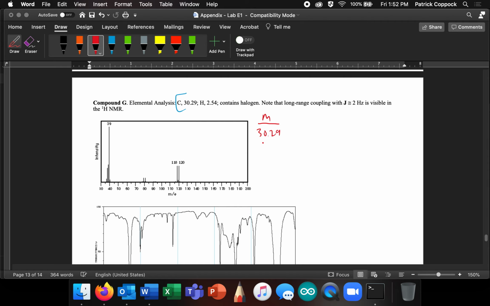30.29, 2.54, and then we don't know. It's got something else in it. It's a halogen, although I can see it's bromine, right? Because I got two peaks there. So the atomic weight, okay, is